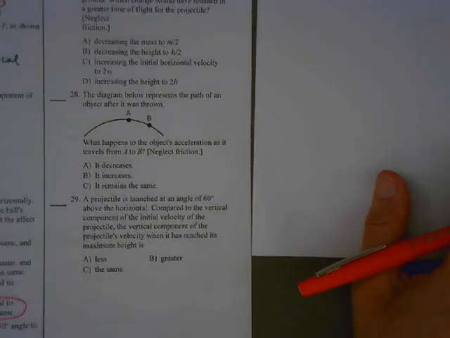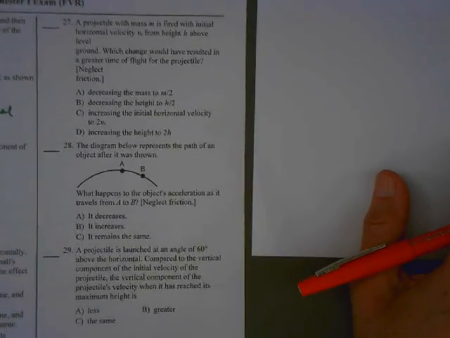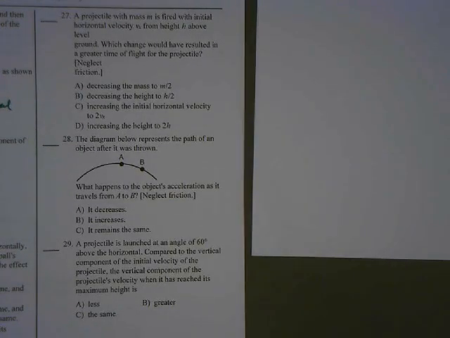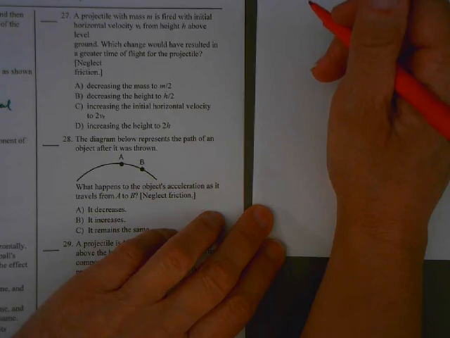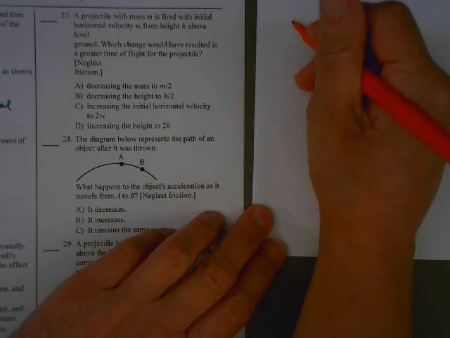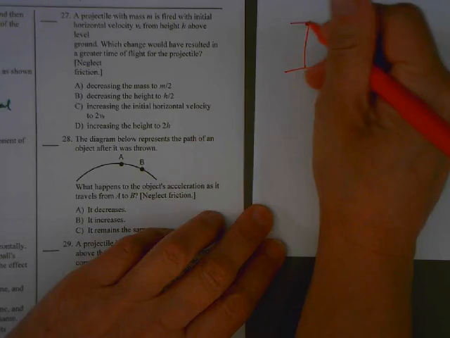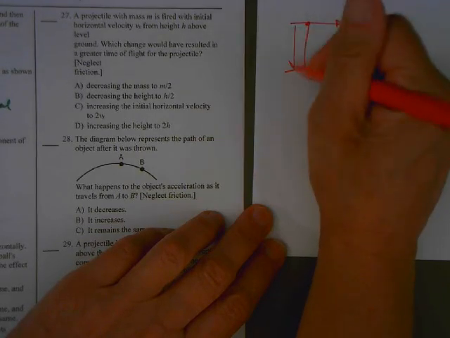Okay, number 27. A projectile with a mass m is fired with an initial horizontal velocity vx from a height h above level ground. Which change would have resulted in a greater time of flight for the projectile? So if you look at a projectile